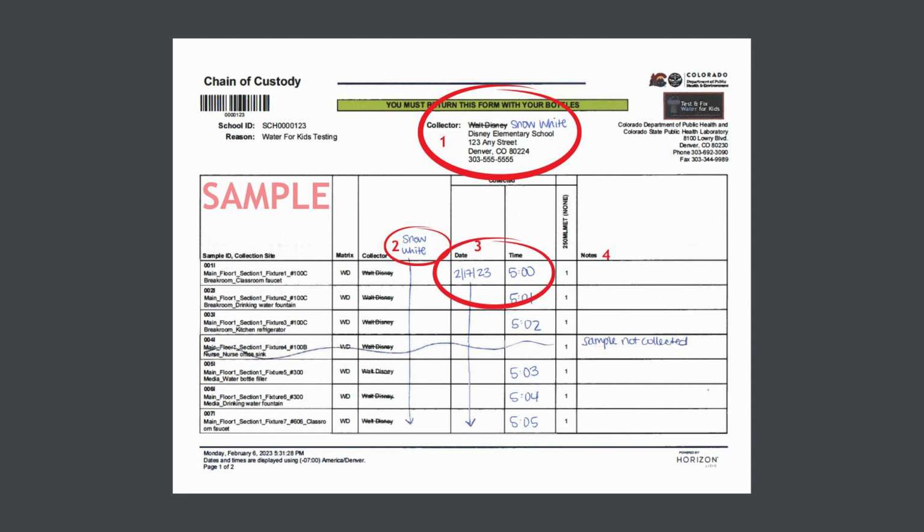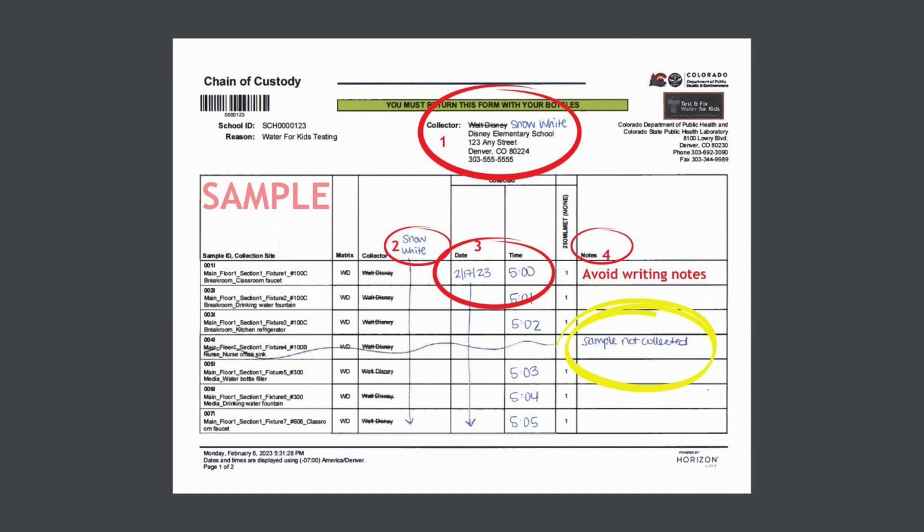Each sample needs to have the date and time that's associated with its barcode recorded in these boxes. If we don't have a record in that box, we will have to reach out to you to confirm what time your sample was taken. You can also see in number 4, notes. As you're walking your floor plan and taking your samples, please make sure if you have any notes that you want to take to write them on your sampling plan and not on this chain of custody form. Any notes on the chain of custody form may require follow-up.